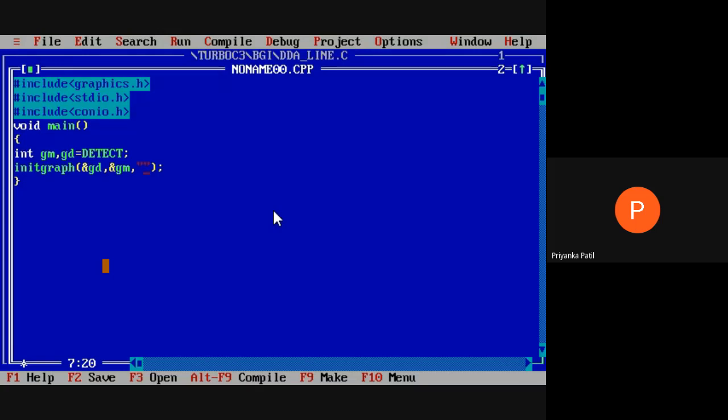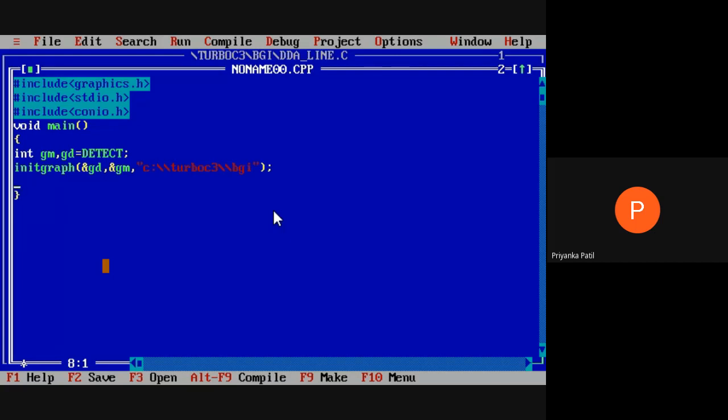Here we use Turbo C3, so C:\\TURBOC3\\BGI. This is the path for accessing the graphics driver and graphics mode.